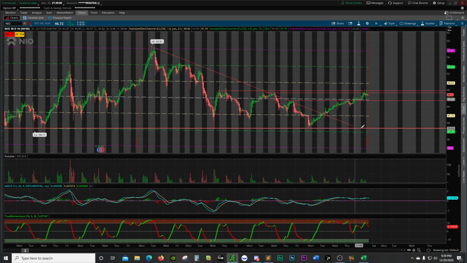it broke through its downward trend. So this is like a descending triangle, I guess you could call it. But it broke through that downward trend. It broke through the first level of resistance, which is right here. But now it looks like it could be having trouble on this resistance point, right? Because you got this huge wicked candle with not much body, and then some red right after it. That's potentially a downward move, right? So it'll be interesting to see what this does tomorrow, to be honest with you.